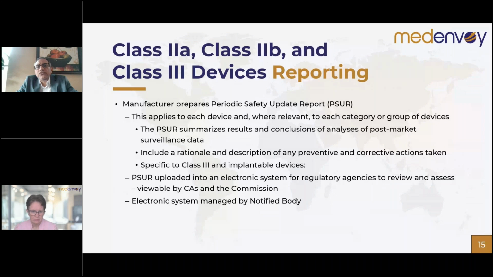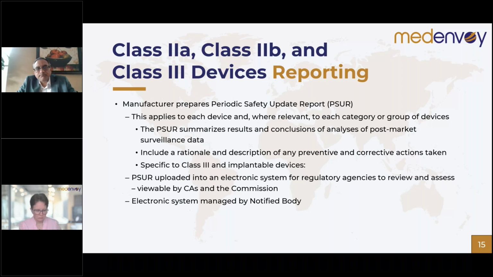We call it the periodic safety update report. Fundamentally, the intent of the exercise is exactly the same, but the thoroughness and rigor expected is a lot more than for a class 1 device. So we identify what we had identified in our plan, and we collect all the information that is required. Even if there is no update to certain elements that you identified in the plan, you should have a section in your PSUR report,